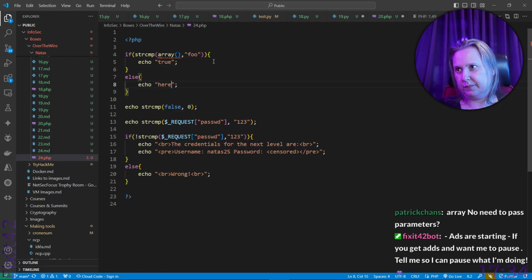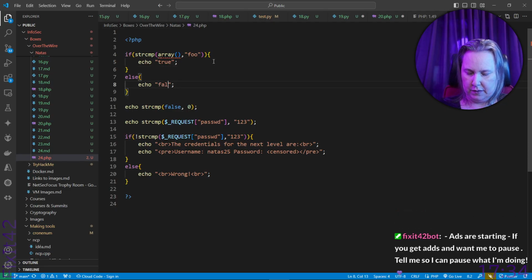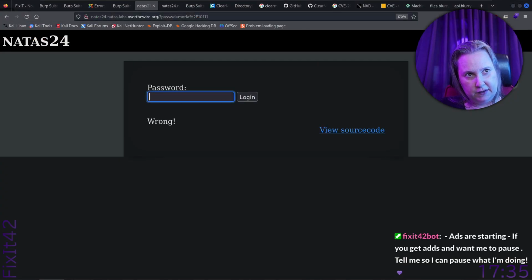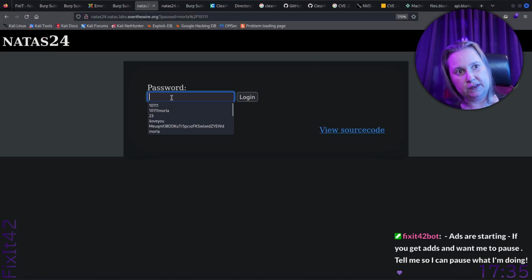True. False. False. So, false means that we got something. So if we put array in there, like the password, and it actually runs it instead of just seeing it as a string,